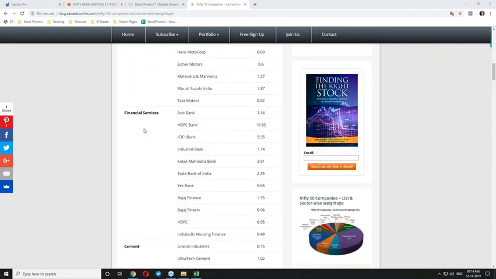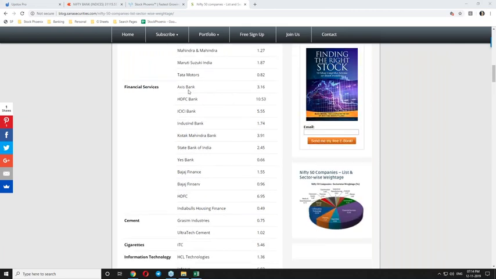So that is the inference by understanding the sector-wise participation in Nifty. Next, financial services. A very important sector. So Axis Bank, HDFC, you can see here HDFC is having 10.53%, and you can see ICICI, IndusInd, Kotak, State Bank, Yes Bank, Bajaj Finance, Bajaj Finserv. Again you can see here the HDFC Group, that is HDFC Bank and HDFC Limited. These two companies alone put together hold approximately 17.5%, so if there is a negative news or a positive news,